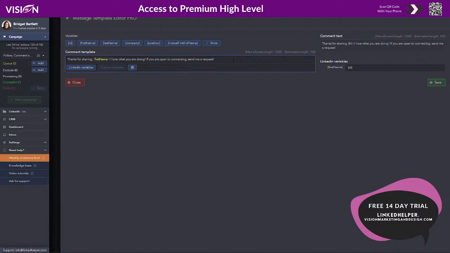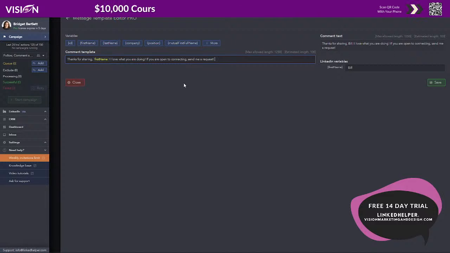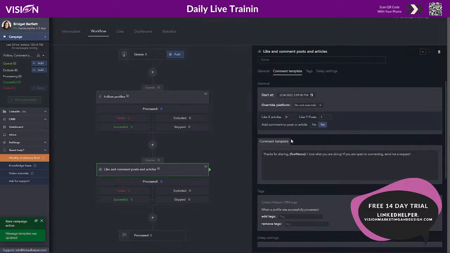So they're going to look at my profile. If it looks like something that they could benefit from, that I could benefit by helping them, then they're going to send me a connection request. If not, then that's great, because they've saved me a lot of time and trouble, because I don't need to waste my time with them if we're not going to benefit one another. So I'm going to save this message here, and I'm going to click save. Now, that is my message.